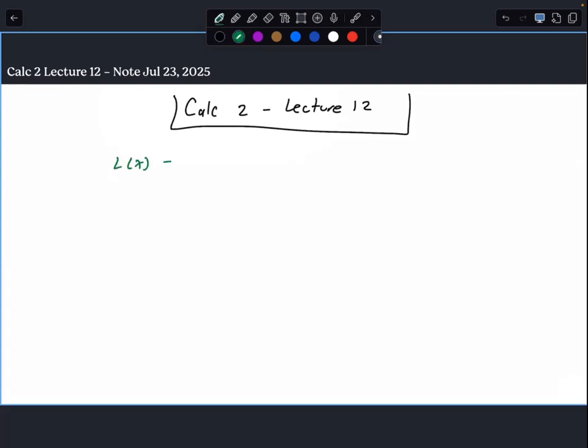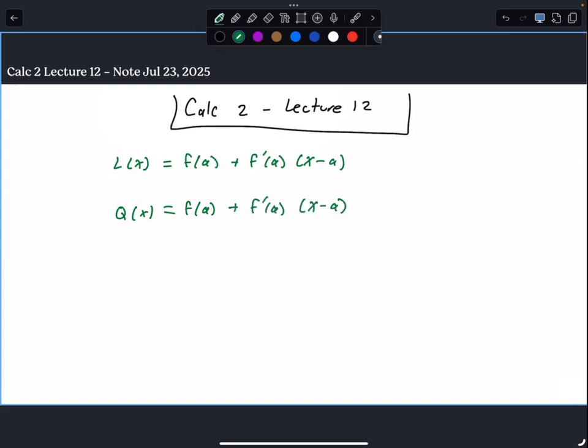x equals f of a plus f prime of a times x minus a. And we talked about why that was true. We also talked about how a quadratic approximation can give us a little bit better: f of a plus f prime of a times x minus a plus f double prime of a all over 2 times x minus